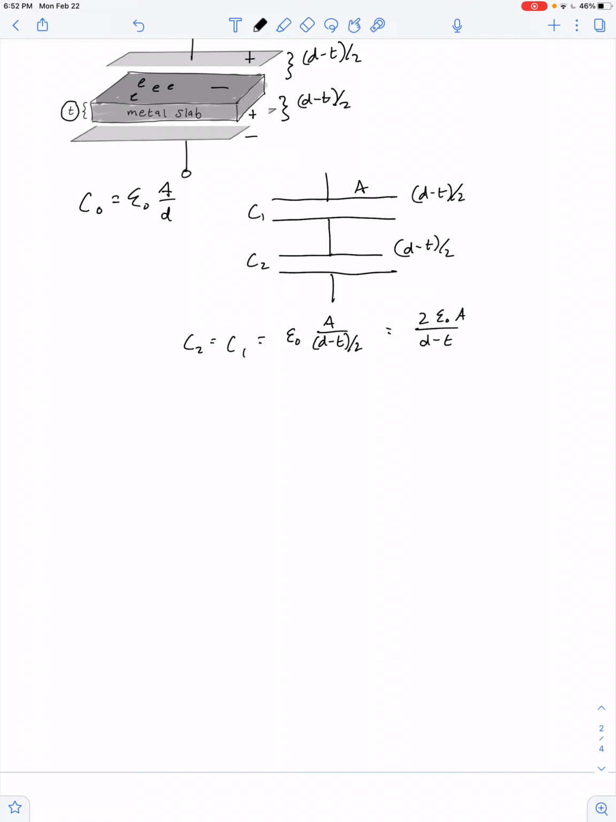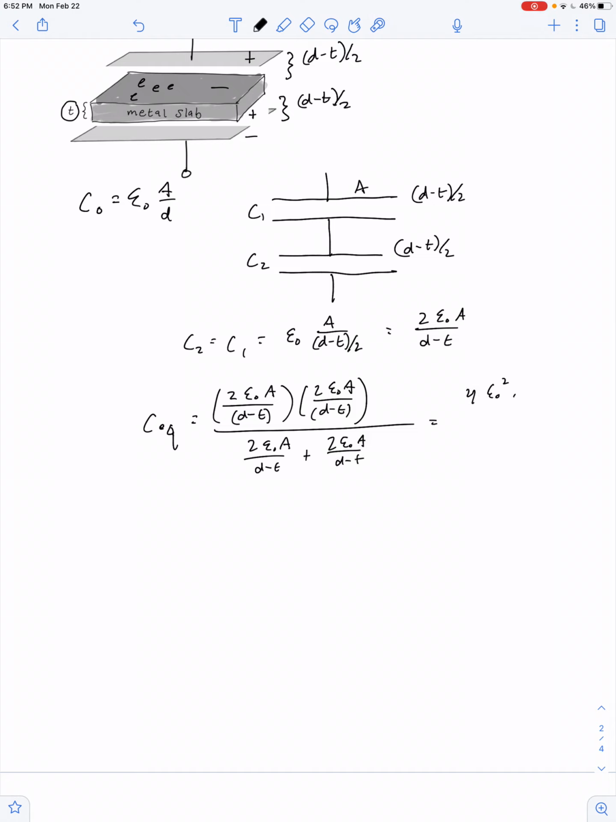That's also the value of C2, and so the equivalent capacitance is equal to 2 epsilon A over d minus t, multiplied by another 2 epsilon A over d minus t, product over the sum: 2 epsilon A over d minus t plus 2 epsilon A over d minus t. So we got 4 epsilon squared A squared over (d minus t) squared, all divided by 4 epsilon A